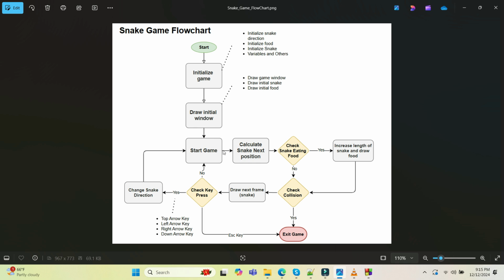At the beginning of the loop, I calculate the snake's next position, which is the snake's new head coordinate. Now the game will move to the first decision point where I check for a collision between the food and the snake head. If it collides with the food, it means the snake has eaten the food. I then increase the length of the snake and draw the food in a random location and move to the next